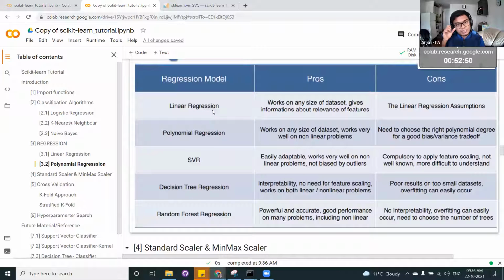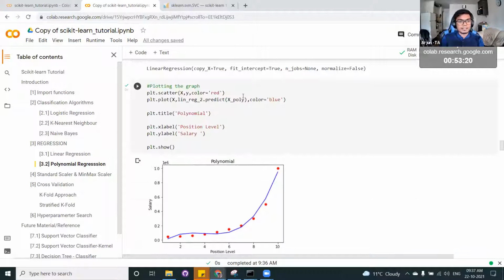Yeah, so here is a small summary table showing why each and every model has its own advantage and disadvantage. With the linear assumption, if the data doesn't follow a linear distribution, so that it can't be captured through a linear trend, then linear regression doesn't work that well. Polynomial regression can work on any data set, and it captures the non-linear trend in the data set. However, choosing the right degree of polynomial is always challenging, and you have to try it out. So these are two things.